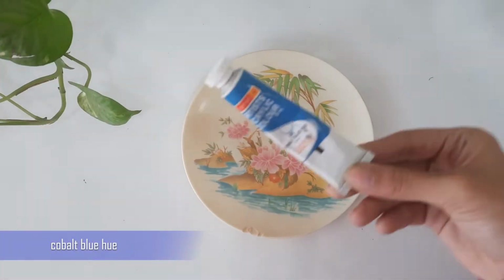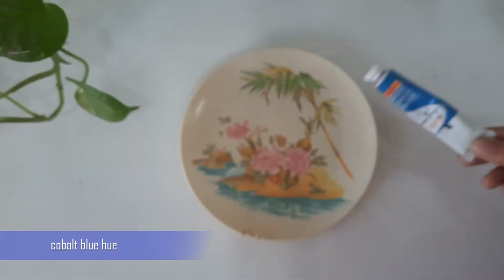So in today's video we will be painting on a plate, and this plate is an old and waste plate. So let's see how the old plate can be turned into a good art. So here we go. The background color will be blue. And for flowers,